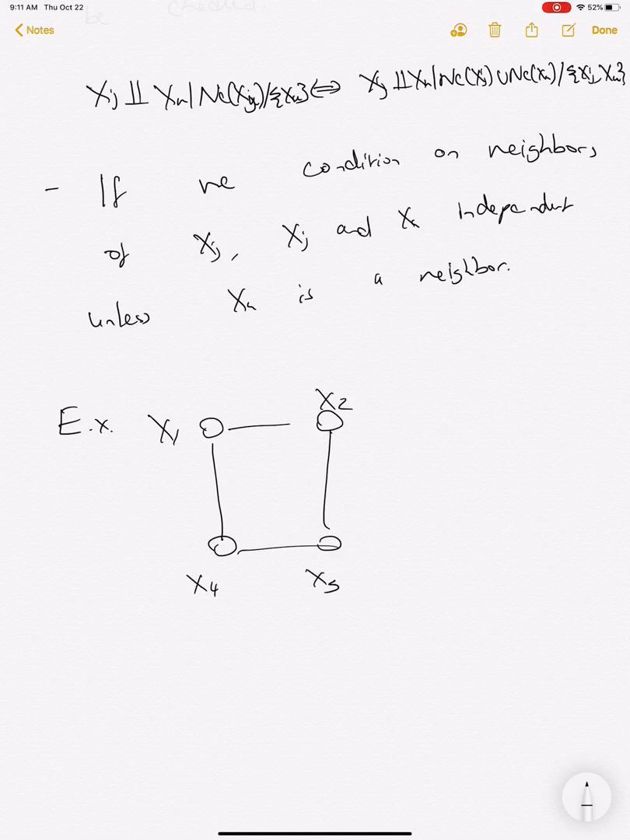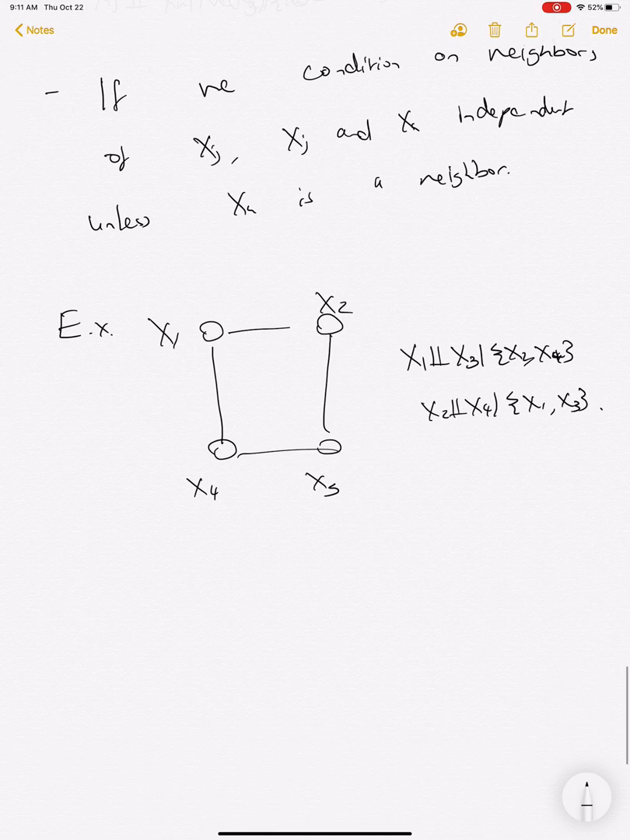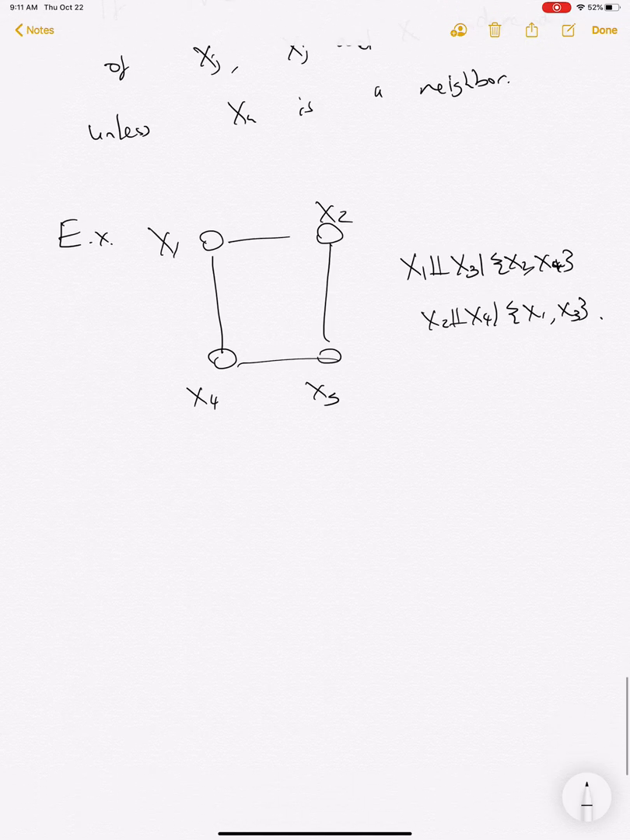So we're saying here that x1 is going to be independent of x3 given the two neighbors of x2 and x4, which we already know, and that x2 is independent of x4 given the two neighbors of x2, which are x1, x3. Okay, and the whole point of saying that is that therefore